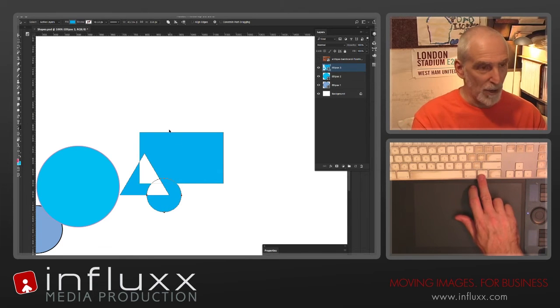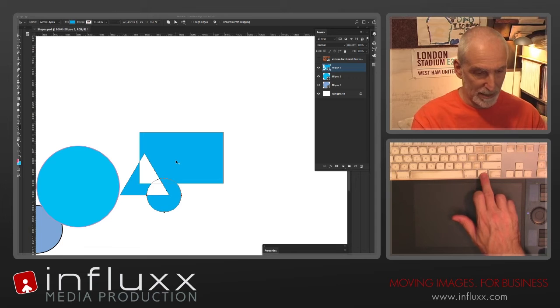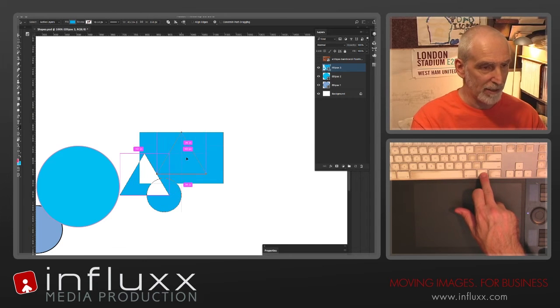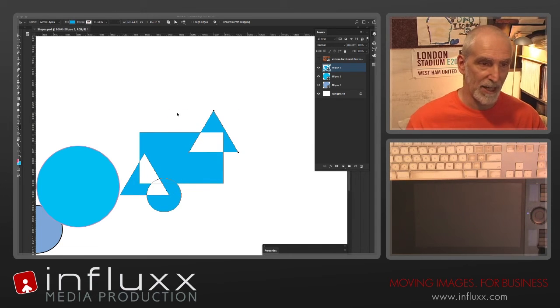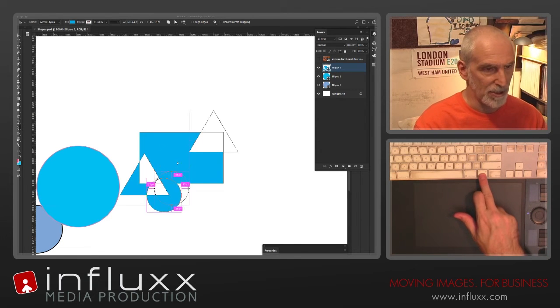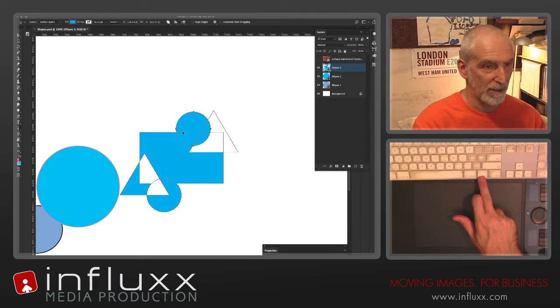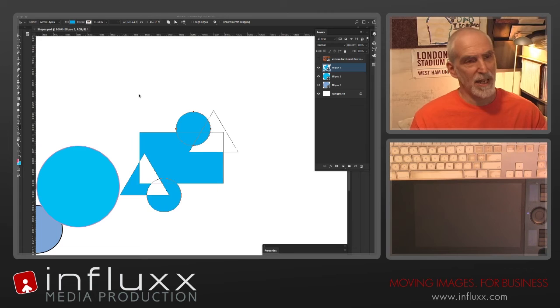If I've got the black arrow selected and I hold down Option, I can Option drag another layer and duplicate it. And I can take that and do a different path interaction. And I can continue to do this, repositioning, building up. Now say I like the way that this circle happens, but the triangle, I wish that I'd